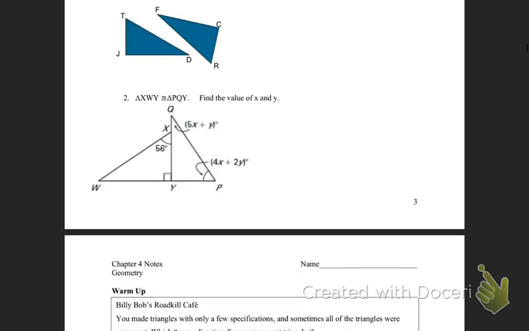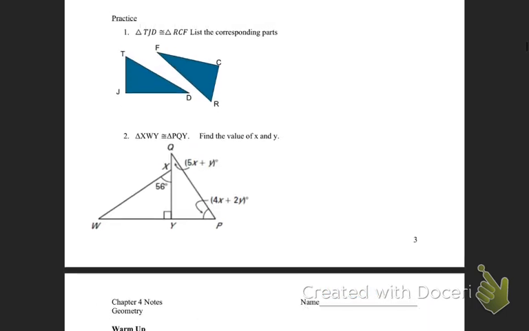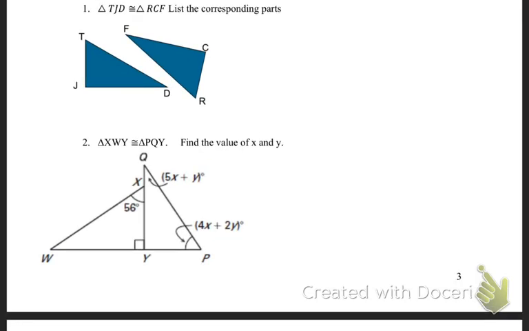We have one last problem to do, and that's this one here. This one we're actually going to use what we know about solving a system to answer this problem. But before I get too far, I actually want to figure out what this angle down here for W is, because that's going to come in handy. Now, I have this whole triangle,